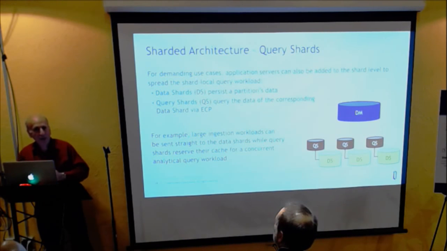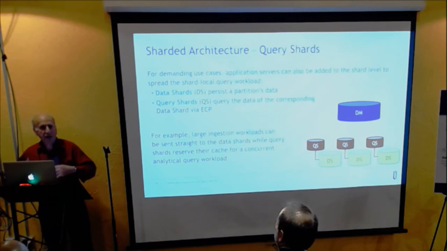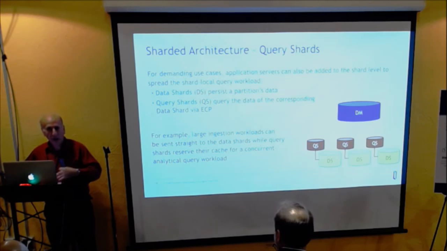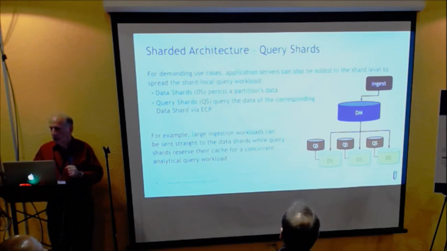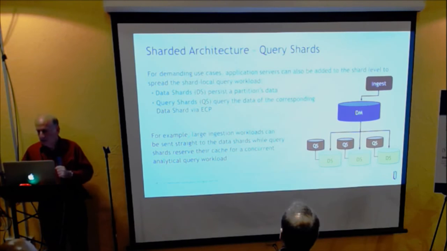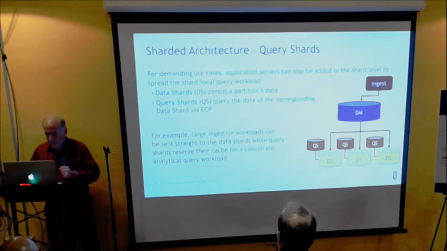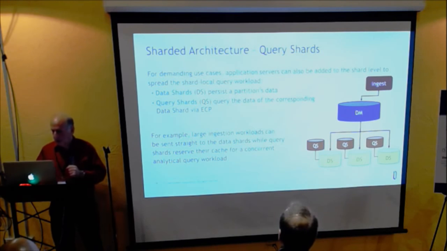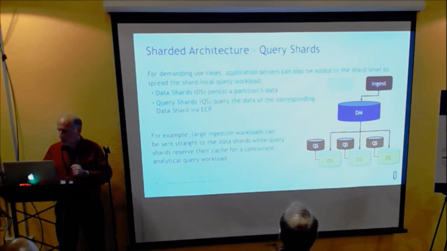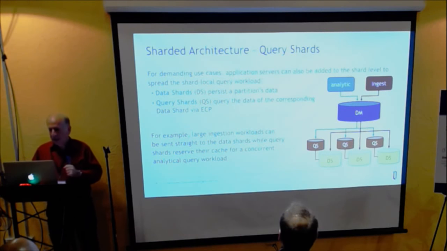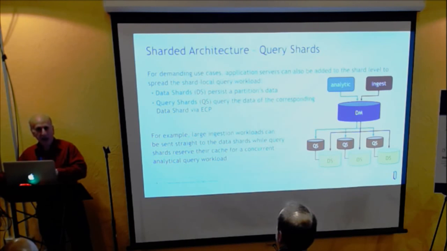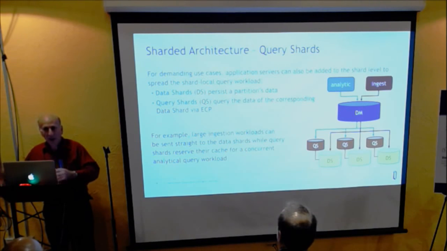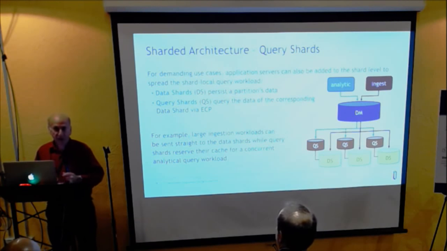So if you have an application load where you need to do a lot of high volume data ingestion, data loading, at the same time that you want to run a lot of expensive analytic queries, this is the perfect solution. Your ingestion load is directed via the master data server directly to the data shards, while your analytic load is handled by the query shards. So two separate sets of scalable cache. One set of scalable cache handling your ingestion at the same time that a different set of scalable cache is